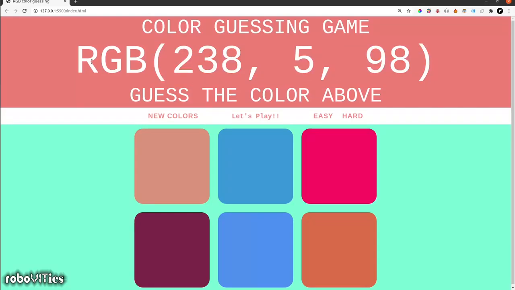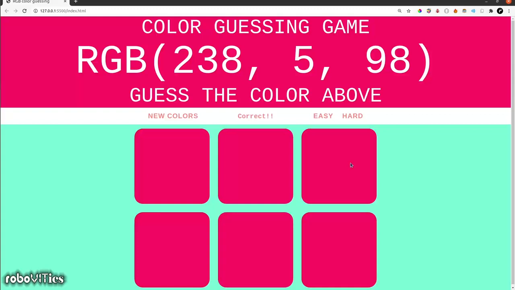Now RGB stands for red, green and blue, and the value for red is a lot more than green and blue. So I would want to choose a color which is towards red. So this is the color that I choose. If I do, the color actually turns into black if it's the wrong color. But say for example I do click on the right color, every single box turns into that color and the background of this block also turns to that color.